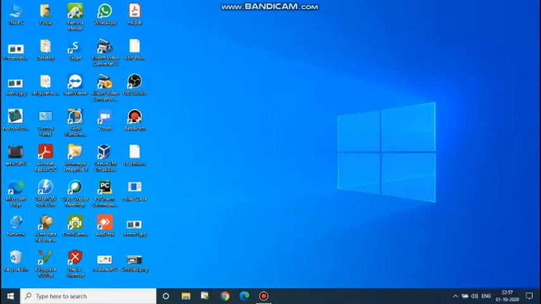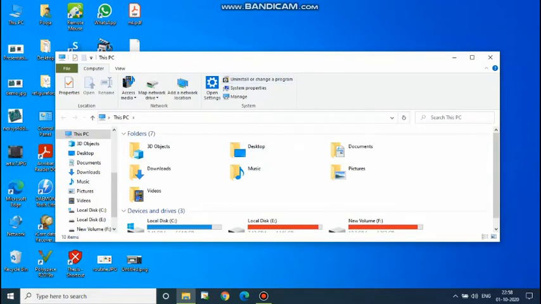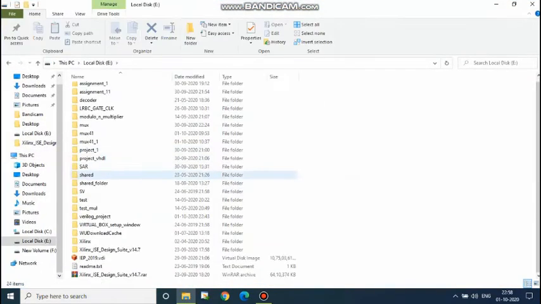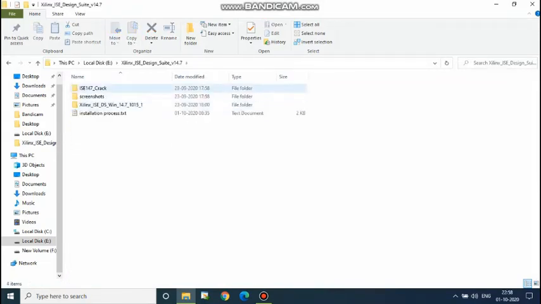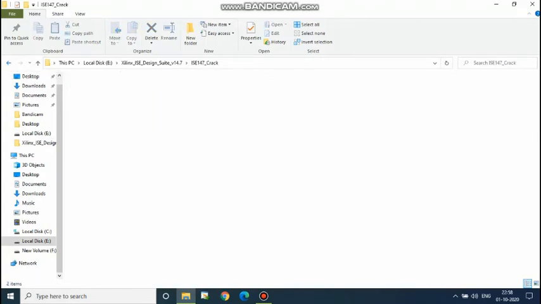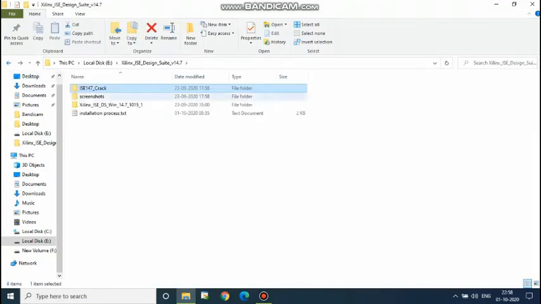Those who are facing problems in installation, I'll be showing you some hints. This may help you in installation. After downloading the rar file, you have to extract it. After extraction, the folder structure will be like this. There is an ISE 14.7 crack folder where the license is stored. We can use the license and locate it after installation.